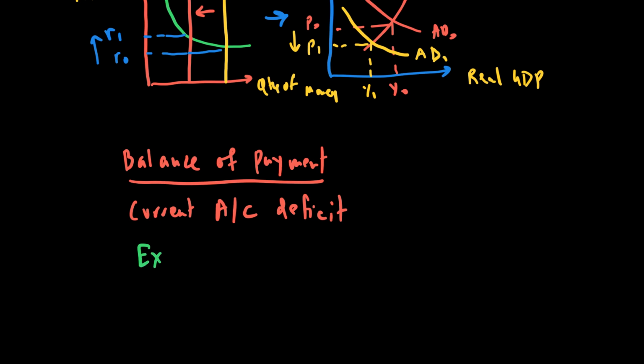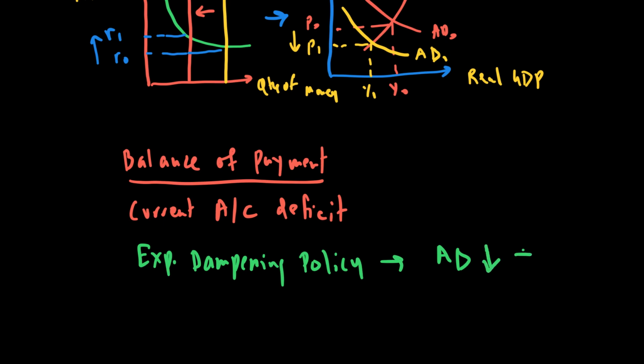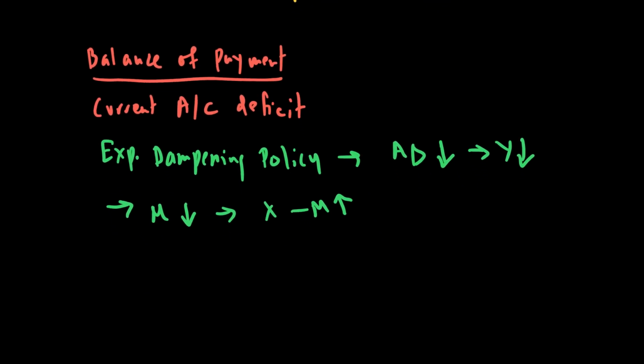So the expenditure dampening policy argument is simply, if your country is such that your AD is very strong, and if this AD is rising, which causes income to rise and people to spend more on import, we do what we call expenditure dampening policy, which results in AD to fall, which causes GDP to fall, and in turn, because GDP falls, people will buy less imports, import expenditure goes down, and therefore X minus M goes up. So this policy simply requires us to do the same kind of policy that we did earlier, which is what we call contractionary